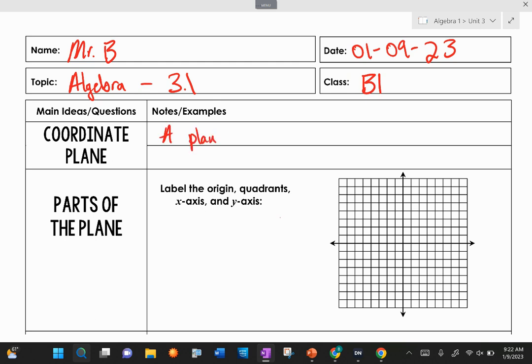is a plane. Whoa. No way. Yep. Wow. Divided into